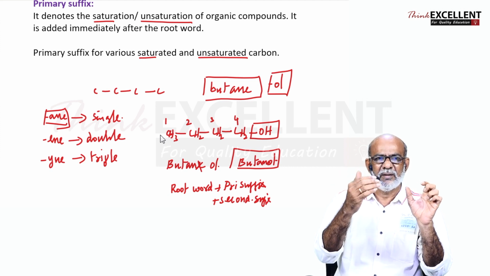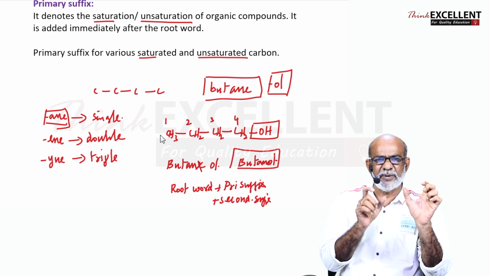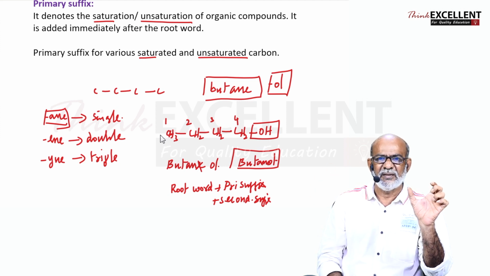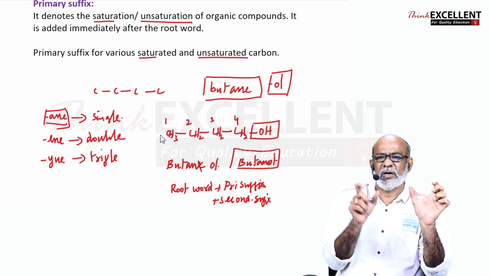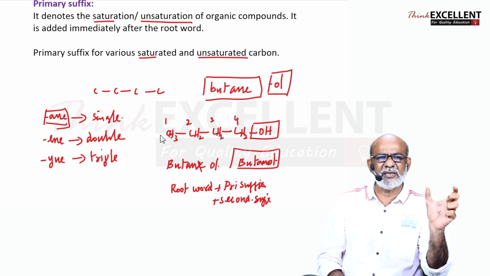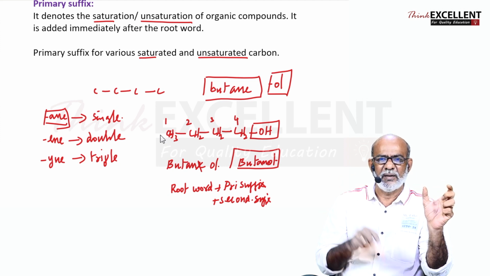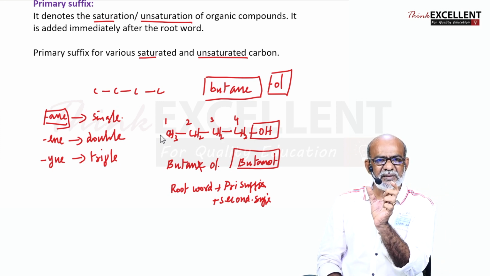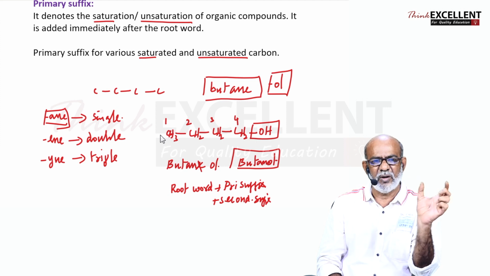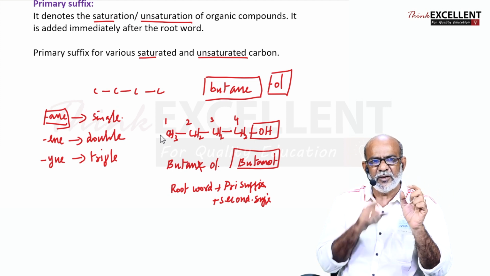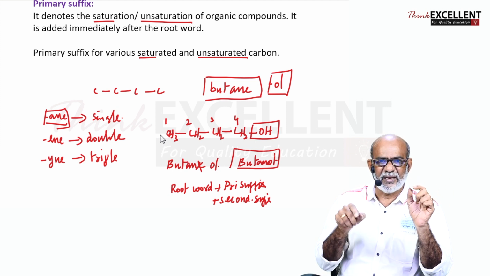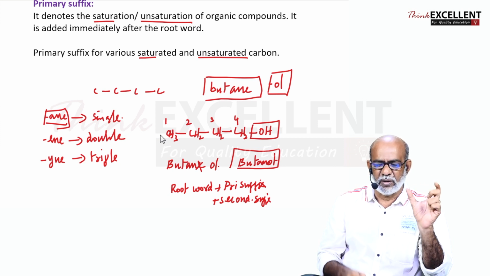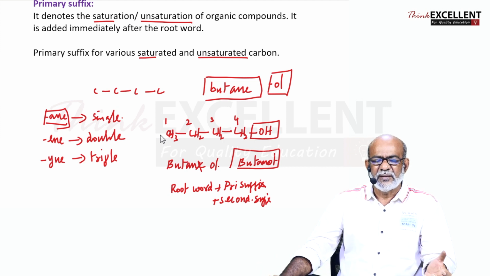Like that, whatever functional groups are present, depending upon the functional group, the suffix word is written. Here for alcohol the suffix word is OL. So but is the root word, the primary suffix is ane because of single bond, and the secondary suffix is OL because of alcohol. When you add all this to butane, you cut off the E from the primary suffix and then add OL, so butanol. This is the method to write the IUPAC name of an organic compound.